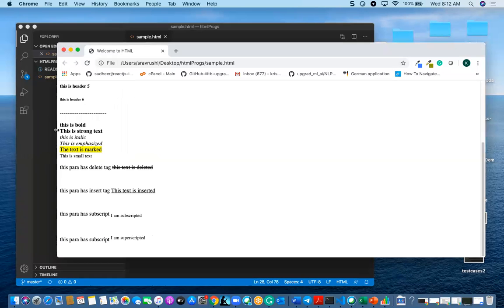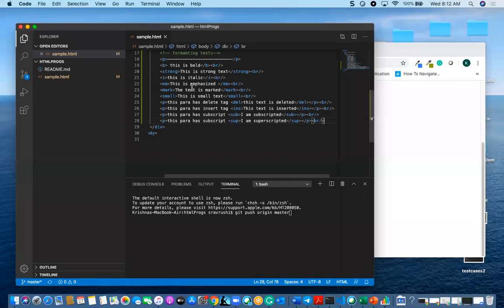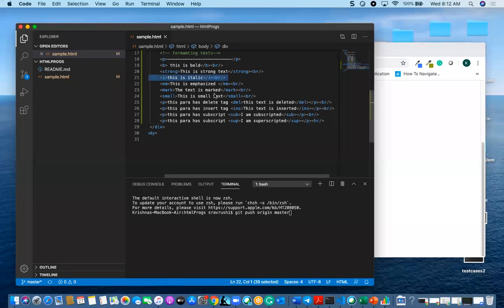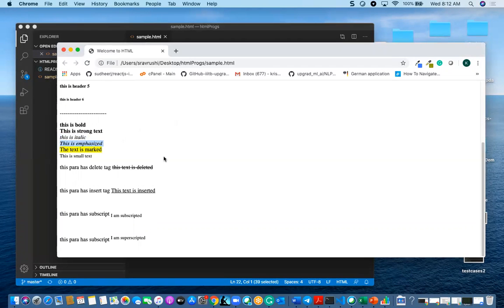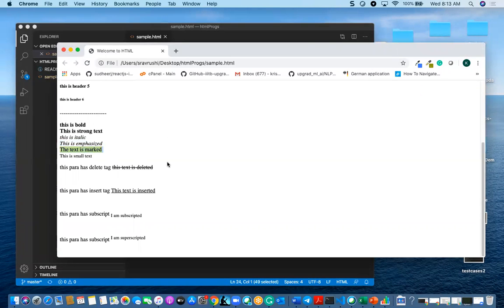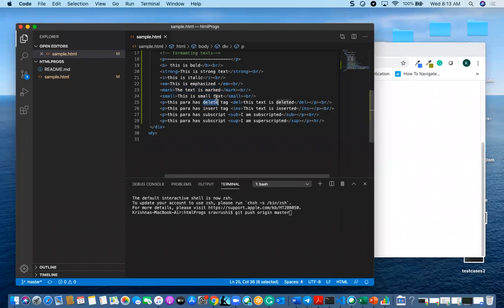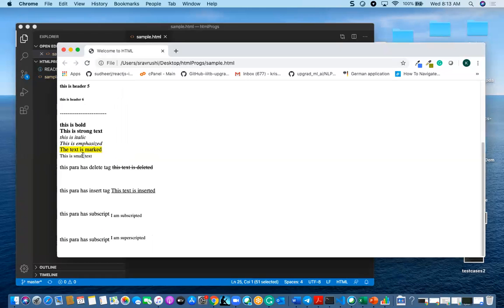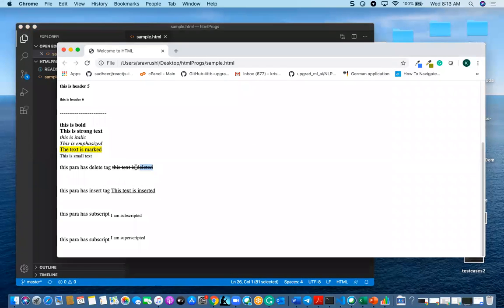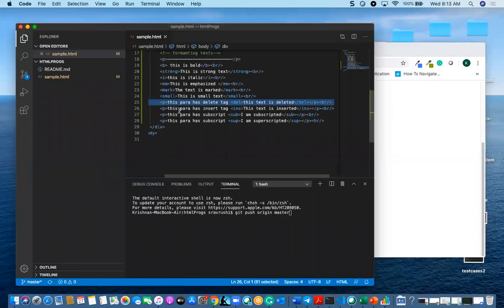This is bold and this is strong text, and this is italic. This is italic, which is emphasized. This is one more format, which is emphasized, and this is marked. This text is marked. It will be marked with a background color, some yellow, and one is small text, and one more is para. But in this para, this text is deleted, and one more thing is insert.